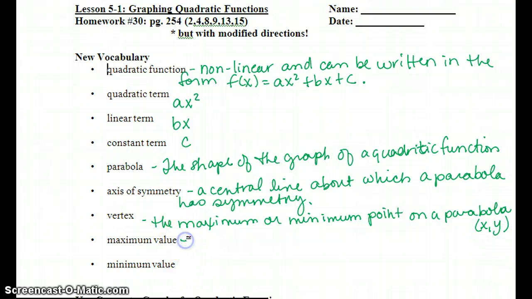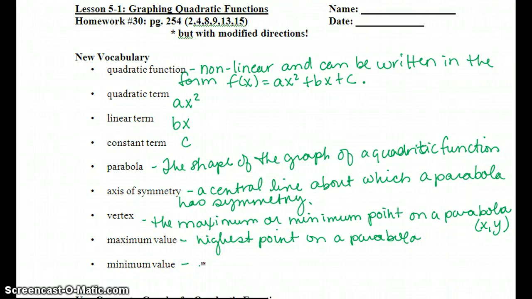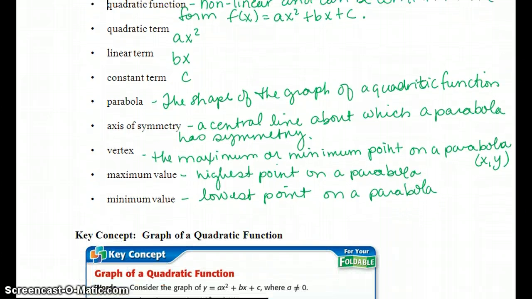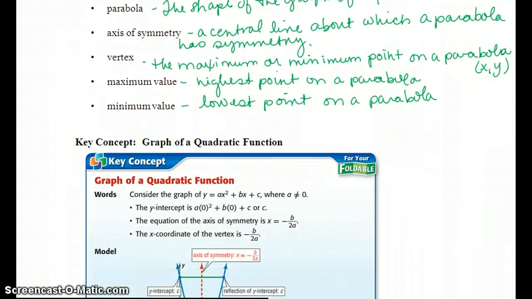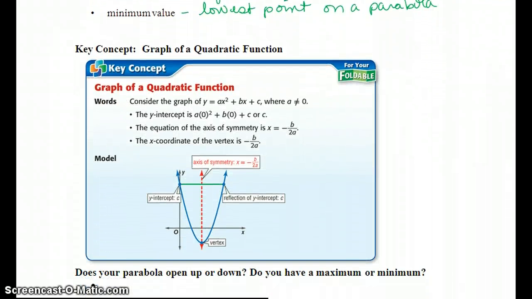The maximum value is the highest point on a parabola, and the minimum is the lowest point on a parabola. So a key concept of the graph of a quadratic function,